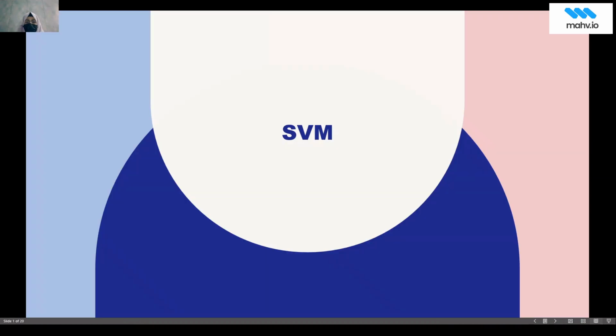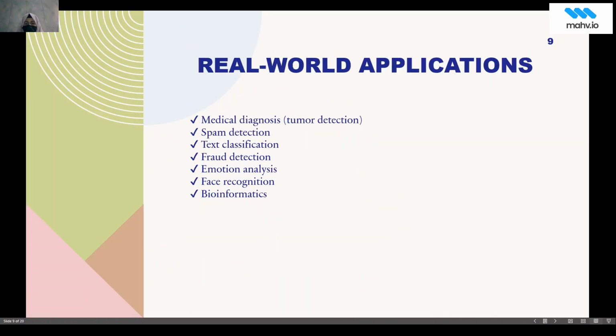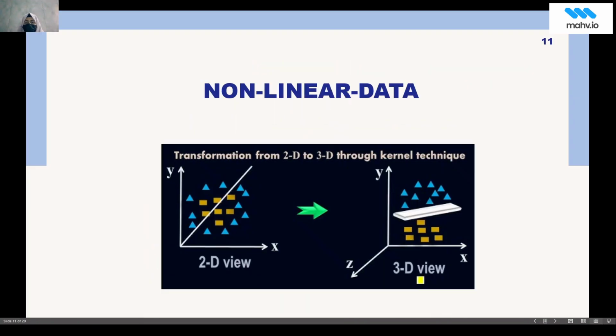You will also see the diagram here. Let me tell you about this diagram. Now you will see your data is non-linear, this one. If you draw a straight line, your classes are not clearly separated. You will see the square and triangle are in one place, and here just like that, square and triangle. So we want to separate the square and triangle, but that is very non-linear, very congested, so we have to